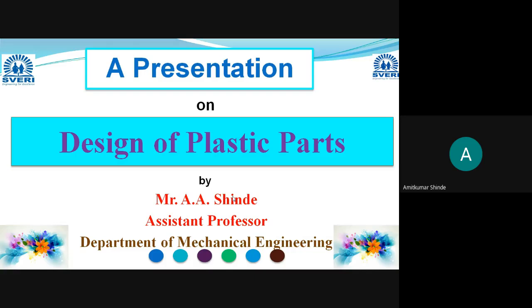Suppose they give you a problem statement consisting of the dimensions of a chair, and for that chair you have to design a plastic bush. They will provide all the dimensions related to that, and how much weight the chair is going to carry. Depending on that, you have to consider all the stress points, that is, how much stress will act depending on that weight, and do the design accordingly. Then which factors you have to consider, we will discuss.